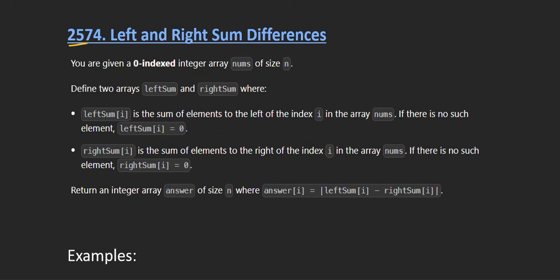Our today's LeetCode question is 2574, that is Left and Right Sum Differences. In this question we are given an integer array named nums, and they ask us to define two arrays, left sum and right sum. So let's see what left sum denotes. Left sum of I is the sum of elements to the left of the index I in the array